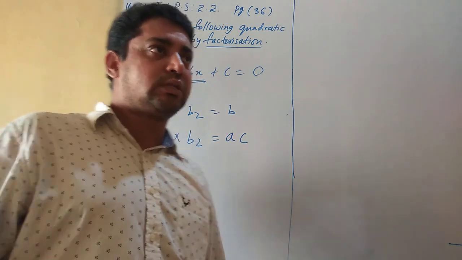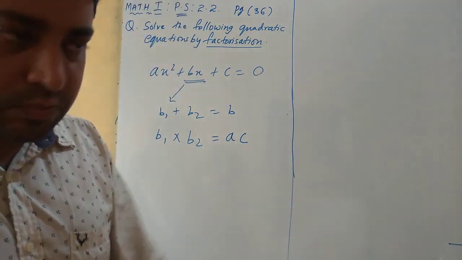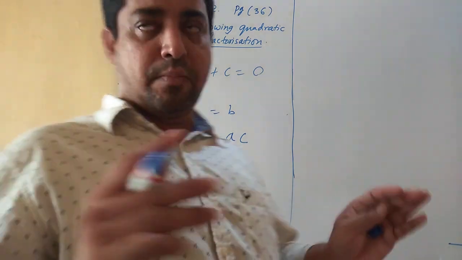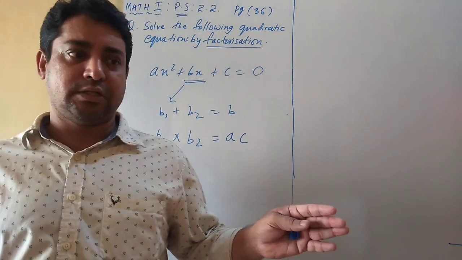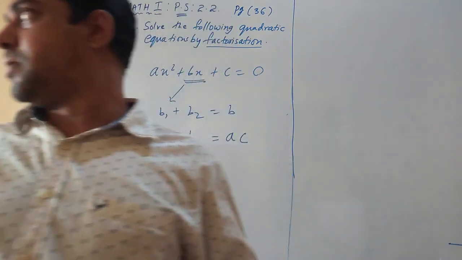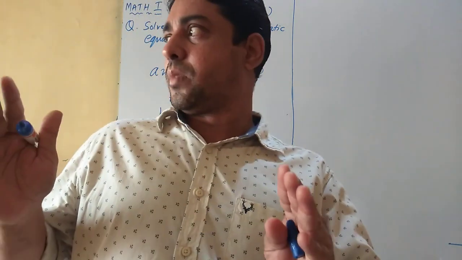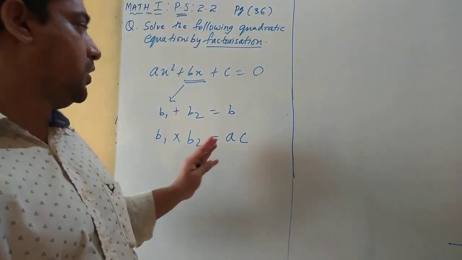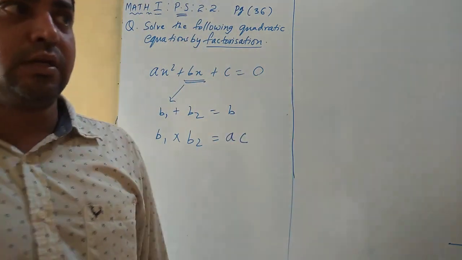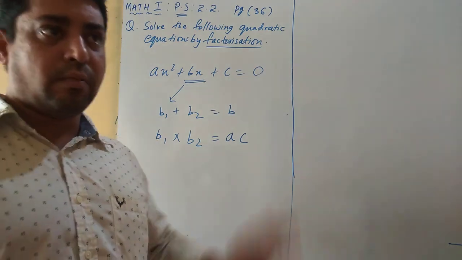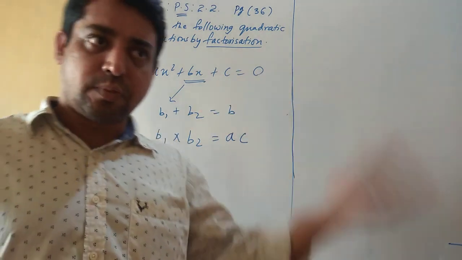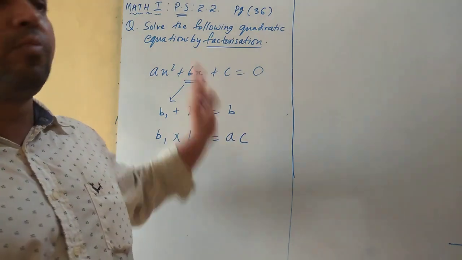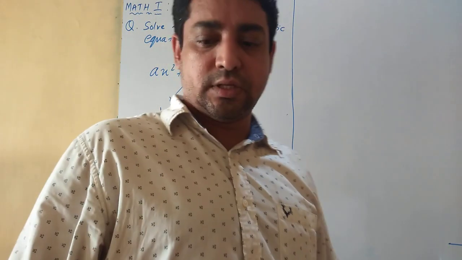Once you understand this, all the sums are very easy. For this, your tables should be good, and basic knowledge of addition and subtraction of integers should be very clear. Minus minus is plus, but the sign will be minus. Plus minus is minus. Minus plus is again minus. You should be clear with that. Then you will find this exercise very easy.